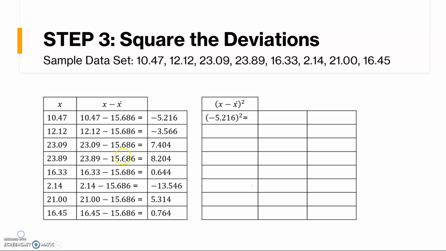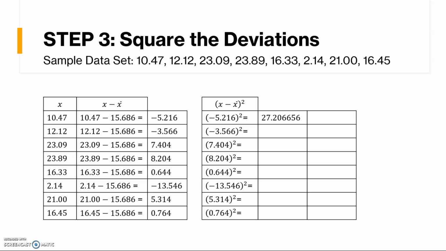Okay, so we just found our deviations to be these right here. So what we're going to do is take each one of these deviations and square them. And you do include the sign as well. So I'm going to go ahead and square each one of my deviations, and we'll figure out what that is. So we have negative 5.216 squared. That'll give me